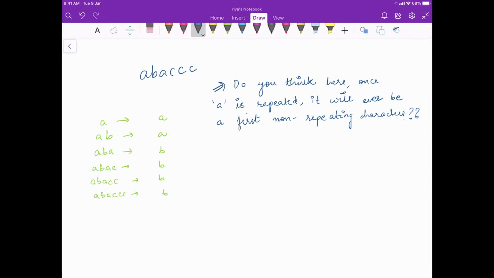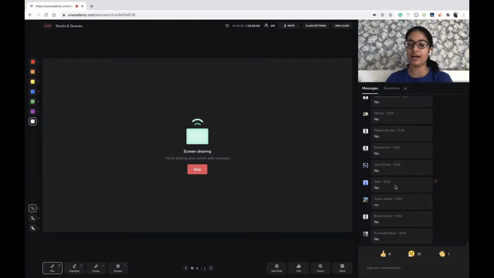Once A is repeated, will it ever become a first non-repeating character again?